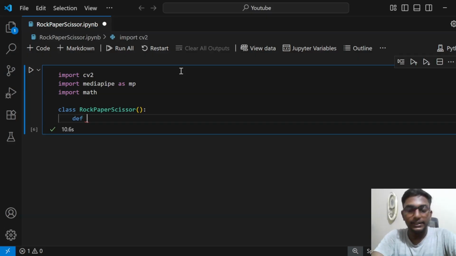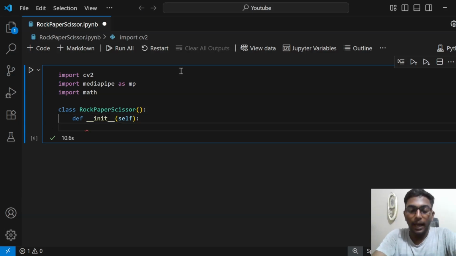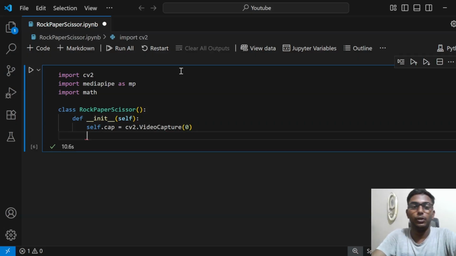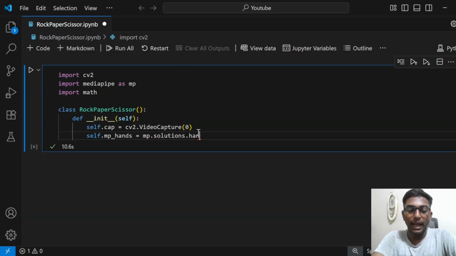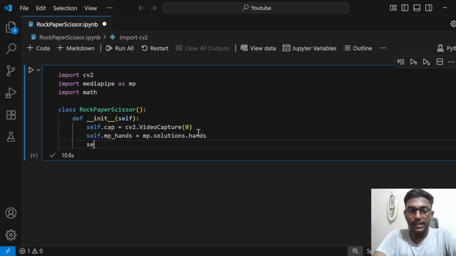And next, let's initialize with def __init__ and self, and in this we are going to initialize self.cap, that will be our camera recording. So cv2.VideoCapture using the webcam, so 0. And self.mp_hands, that is the MediaPipe library, mp.solutions.hands. And next, self.hands equals to